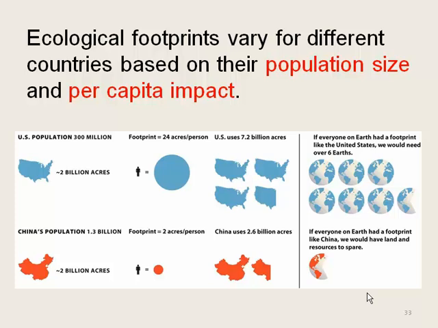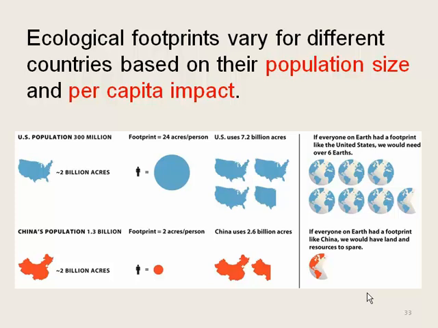The footprint will vary for different countries based on their population size and their per capita impact. So envision people living in a remote village with no electricity, minimal running water, very limited housing structures, and their impact on resources, both with the support of their lifestyle and the waste they produce, versus modern United States and, say, California society and your own ecological impact.